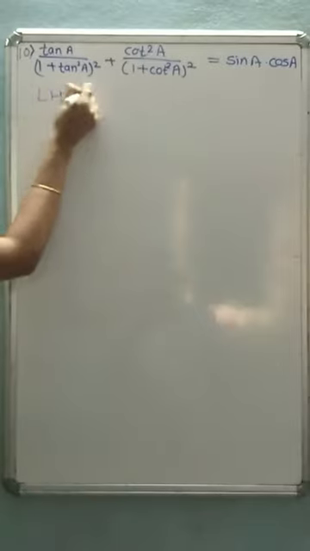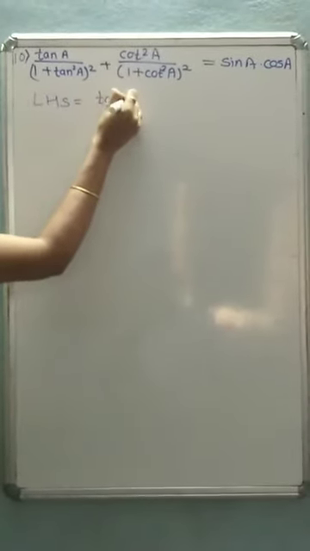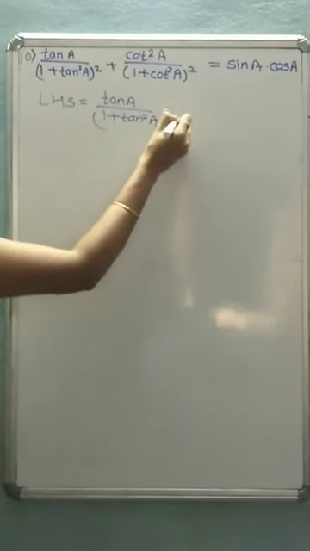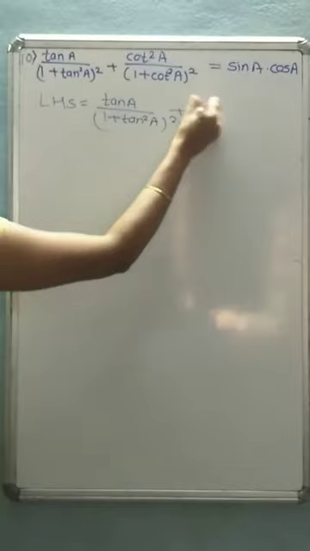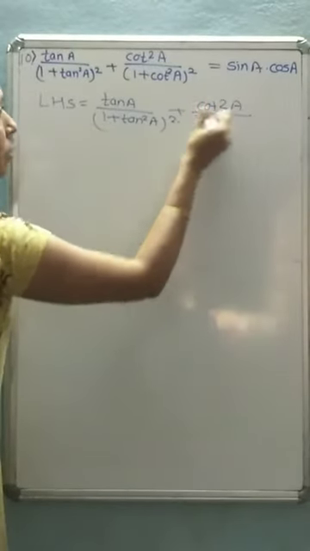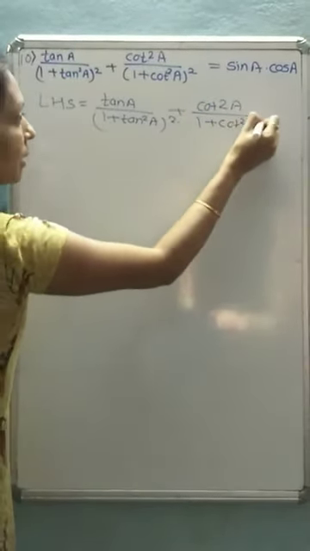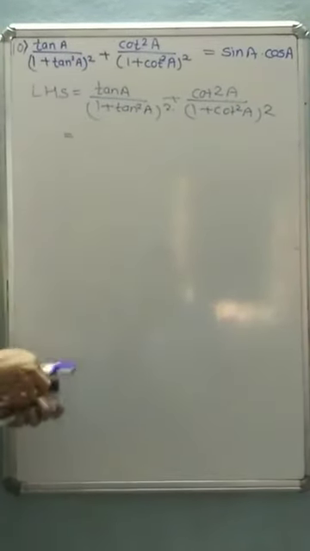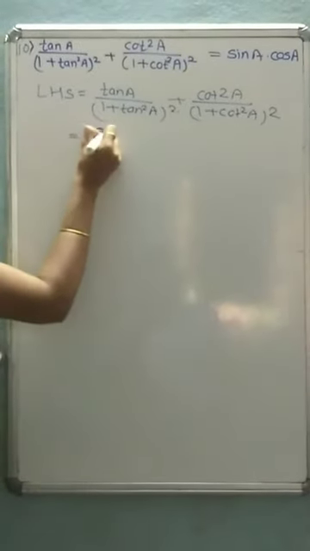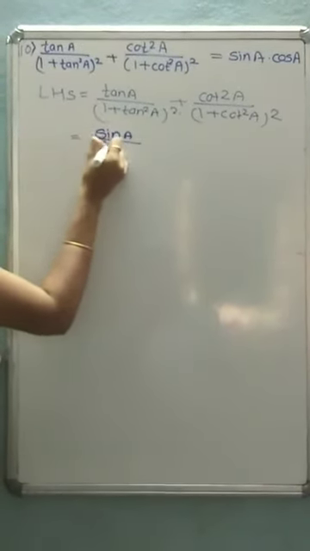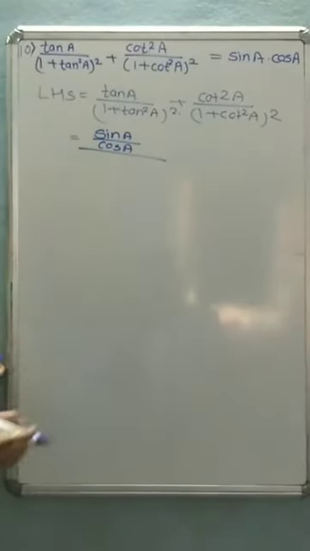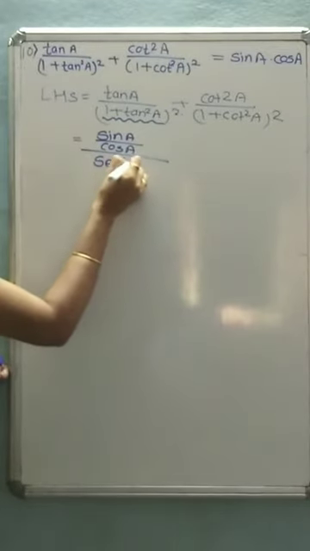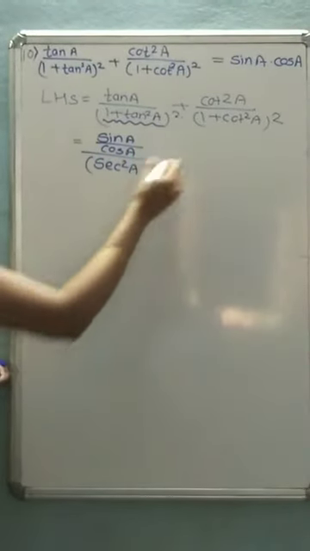LHS is equal to (tan a upon 1 plus tan square a) whole square plus (cot square a upon 1 plus cot square a) whole square. Now we will shift all the terms into sin and cos. As we know, tan a is equal to sin a upon cos a. By the second identity, 1 plus tan square a is equal to sec square a, whole raised to 2, plus